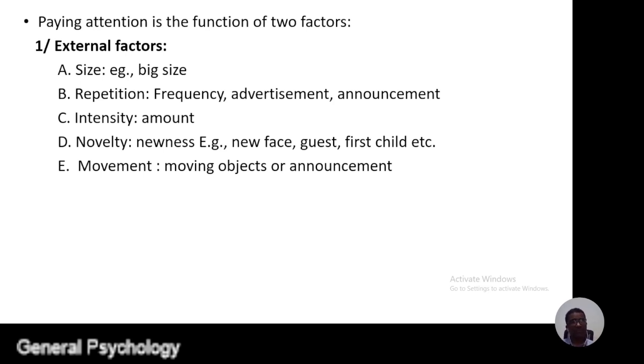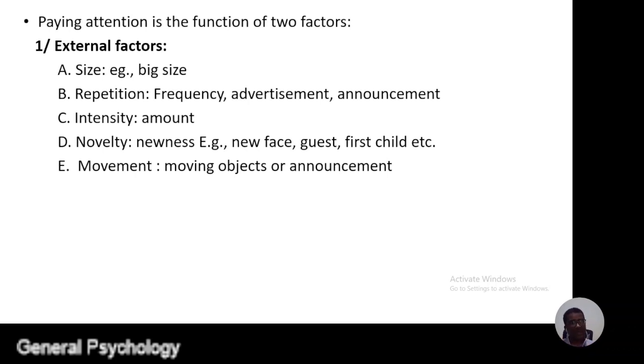Unfortunately, attention can be affected by different factors, which are external factors or internal factors. First, we can see the external factors. Size. For example, if an object has a big size, our attention and our understanding will be enhanced.